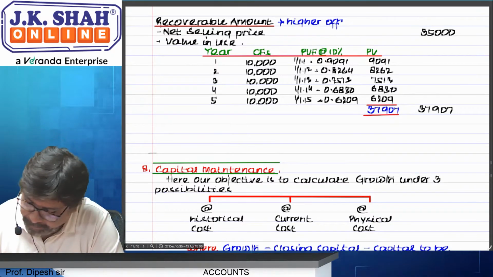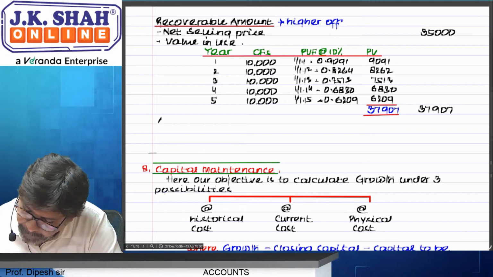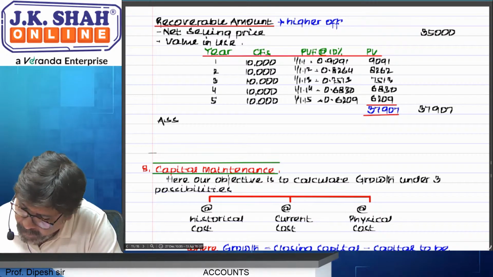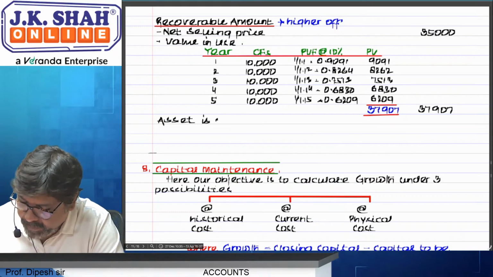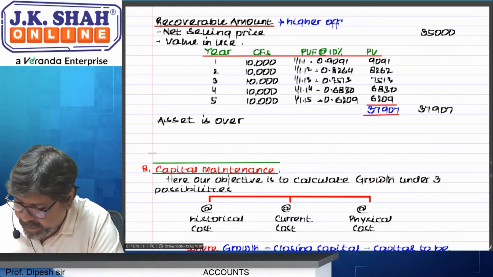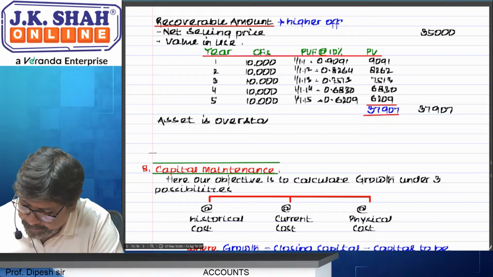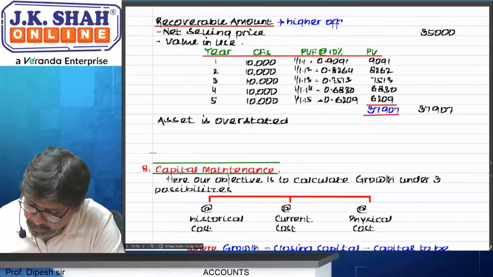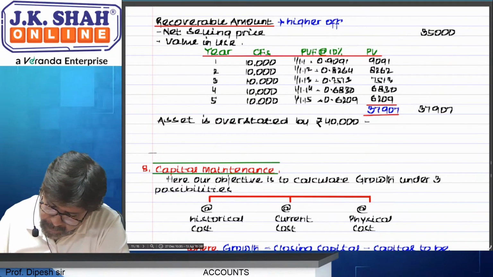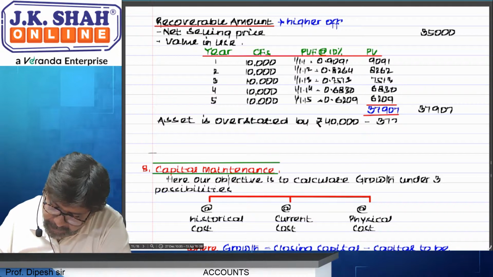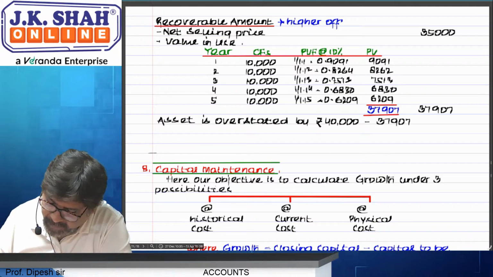Now, asset is overstated, 40,000 minus 37,907 is equal to